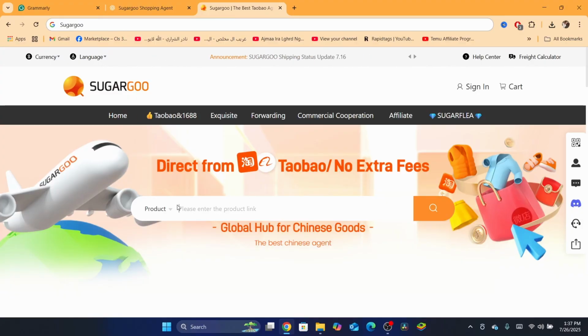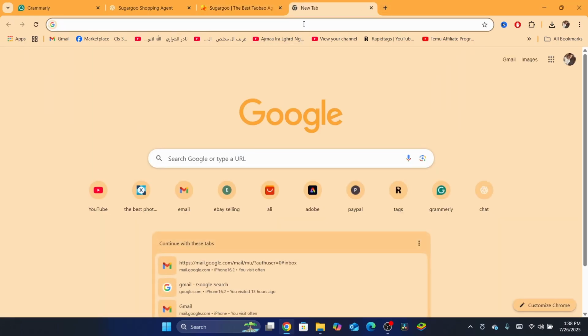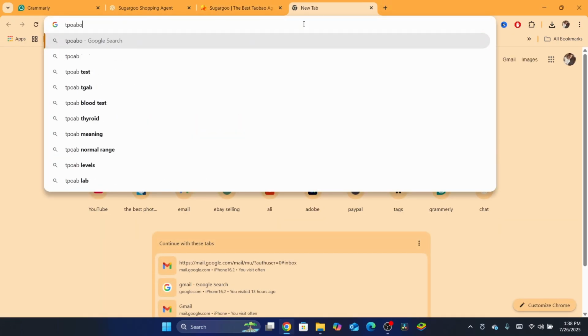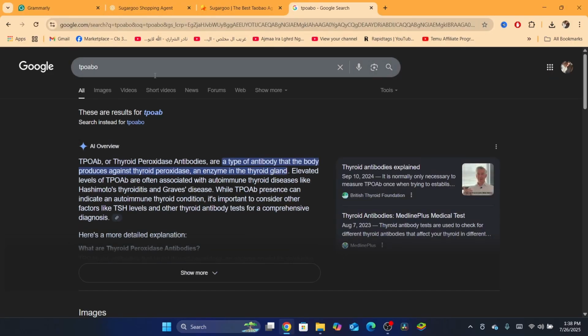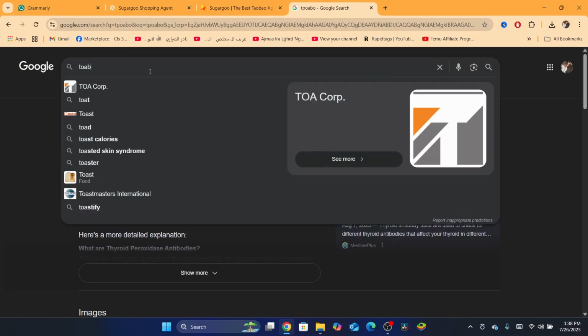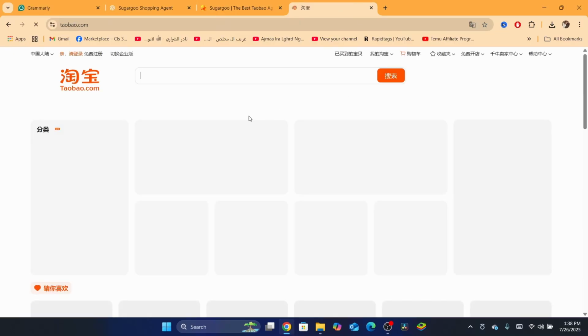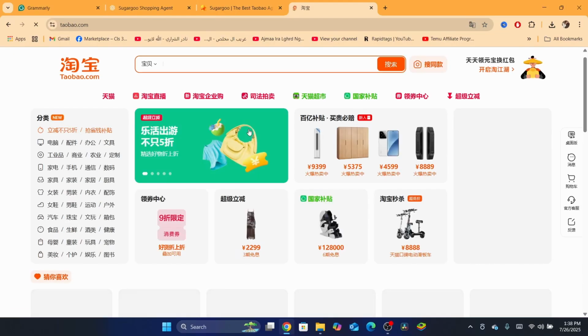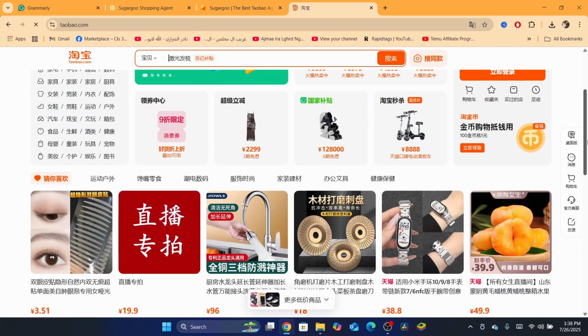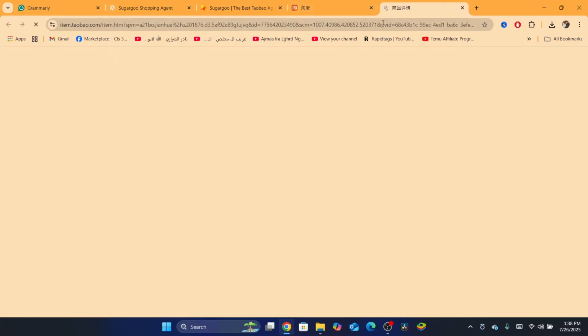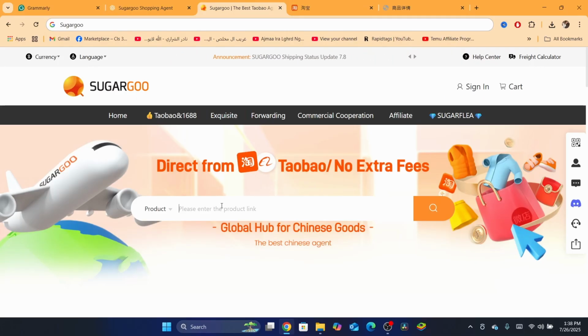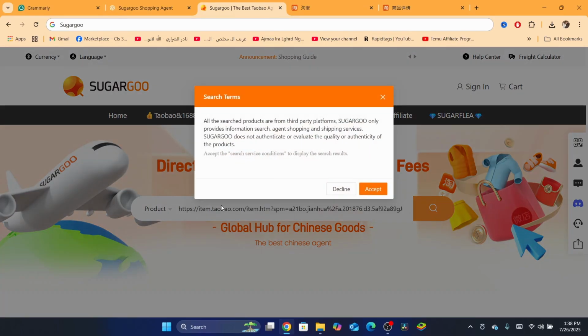So what you guys need to do is you can either enter the product link, which you can get from Chinese websites like Taobao or whatever website you want, sorry. You can just find whatever product you want, and in my case I'm just going to select this one, for example, or you can just search for the product here. Okay, just enter, for example, iPhone case or whatever. Now in my case I'm just going to try here